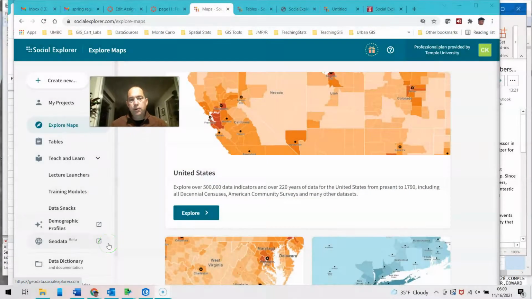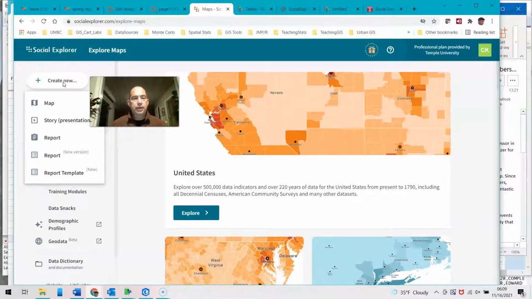At Social Explorer, what we've done before is we have created a new map. Here, note while I mention this, it is also possible to create a story, and we'll talk about that. That's the format that the final project will ultimately be in. It is also possible to generate a,